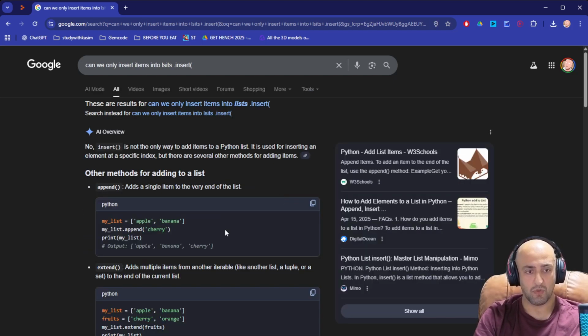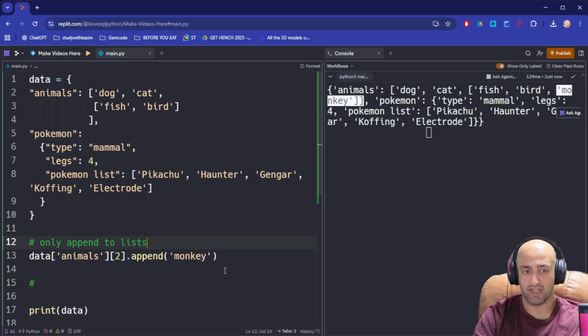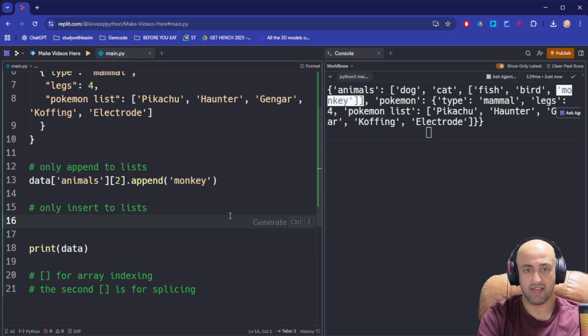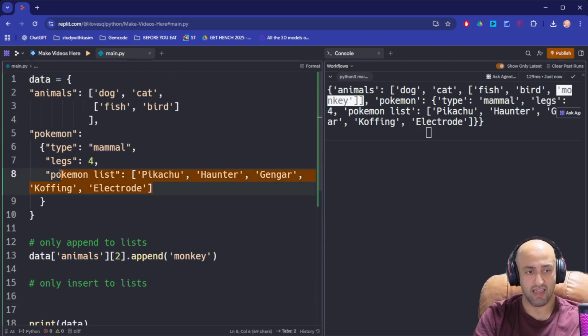Yes, I believe it is only lists. Okay, good, just double checking. Now we're going to say only insert to lists. What we're going to do is add to this list right here, this Pokemon